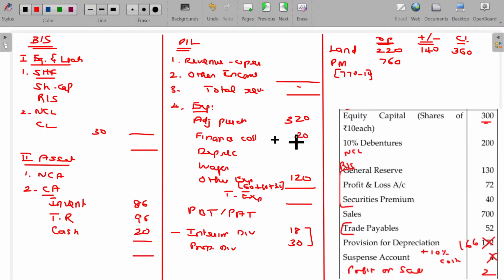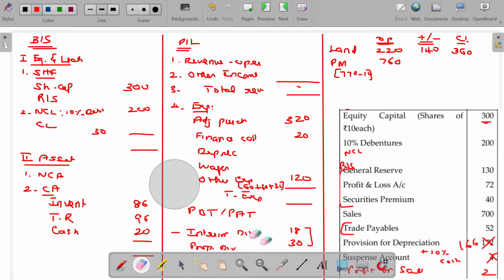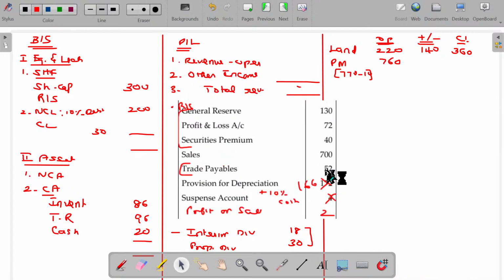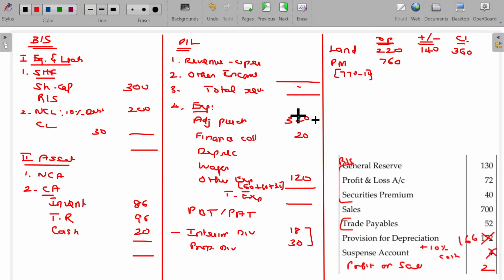Debit side items. Now let me finish up the credit side items. Equity share capital 300. You have to give the full details in the schedule. 10% debentures forming part of non-current liabilities, the value being 200. And general reserve, all these things are here. So, reserves and surplus, another GR being 130, profit and loss being 72, securities premium 40,